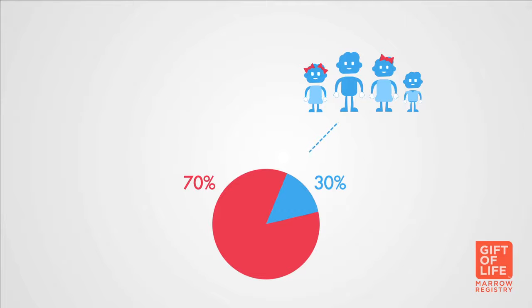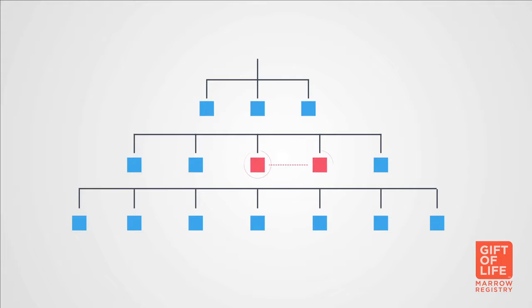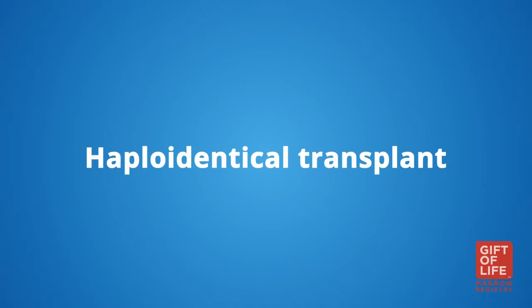The remaining 70% have to search the worldwide registry of unrelated donors. Since tissue type is inherited, a patient's best chance of finding a genetic match lies with those of a similar ethnic or racial background. In some cases, doctors may recommend what is known as a haploidentical transplant, which means that